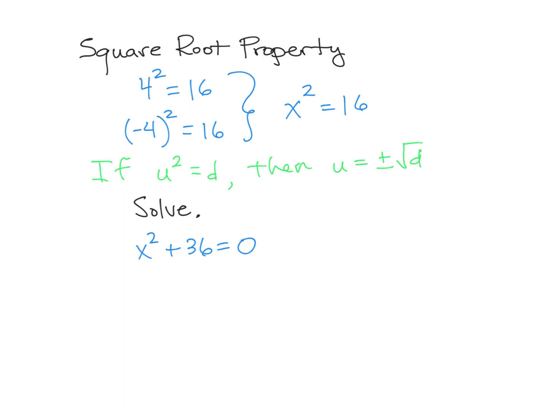It's in standard form. It equals 0 on one side. But if we tried factoring this, we would find out that x squared plus 36 just doesn't factor. All right? But if I solve for the squared thing, if I got the squared thing by itself by subtracting the 36 over,